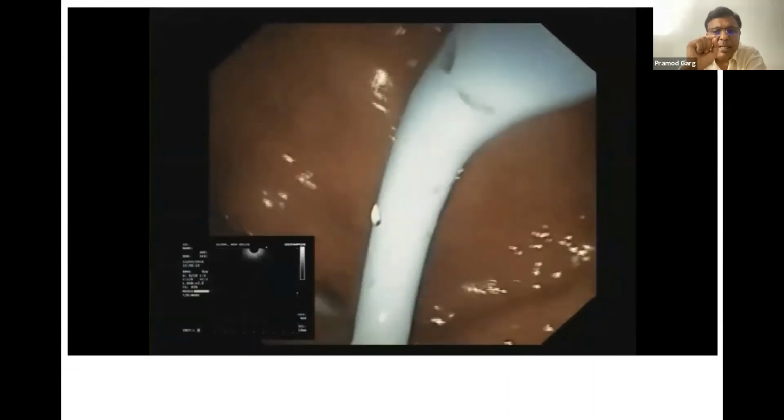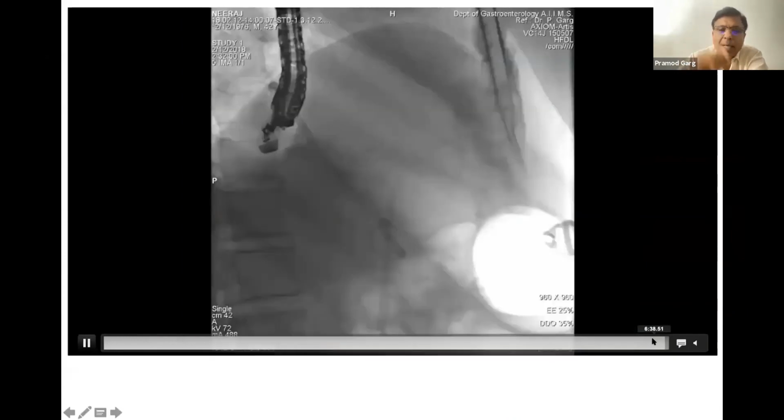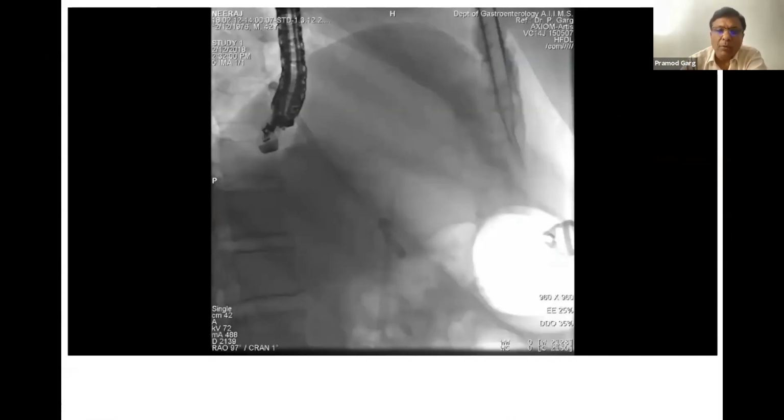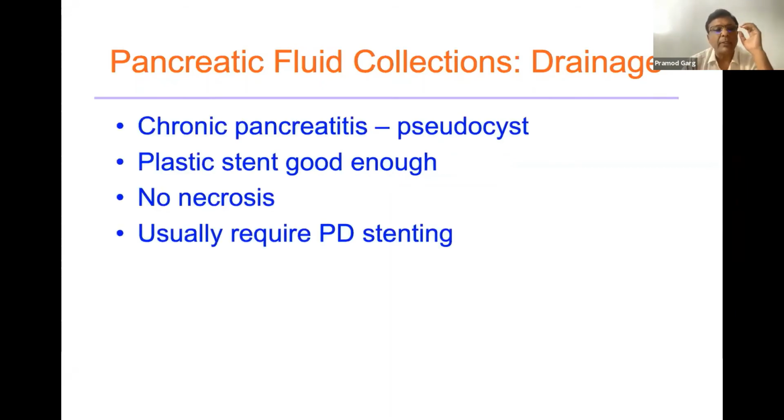The angle will change, and then you push the stent out into the stomach. This will avoid internal migration of the stent, which is often a problem when you place a plastic stent. Now, the next issue is, and I'm sure there is a next talk on metal stent, and the next person will talk about this, but I just want to tell you what are the indications where plastic stent is a